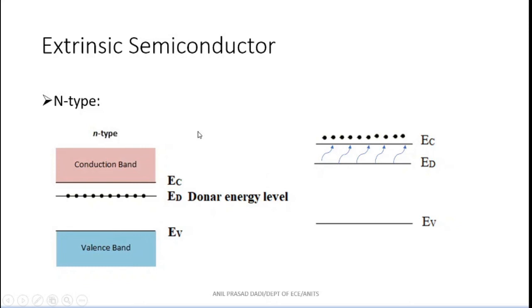So even at T equal to 0 degrees Kelvin, an N-type semiconductor acts as an insulator, because though electrons are available at the donor energy level, they cannot jump from the donor energy level to the conduction band at T equal to 0 degrees Kelvin. So despite the availability of electrons in the donor energy level, an N-type semiconductor is an insulator at T equal to 0 degrees Kelvin. Only at T equal to 300 degrees Kelvin are all these atoms ionized, with each atom contributing one free electron to the conduction band.